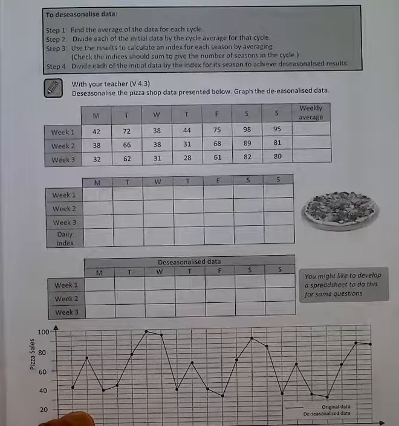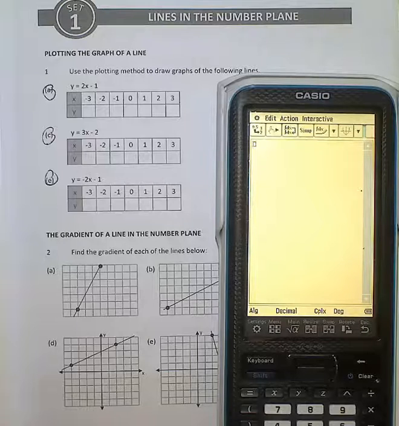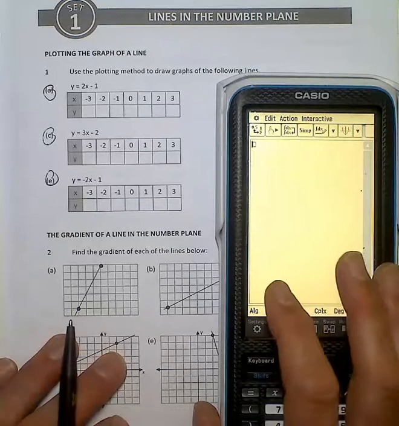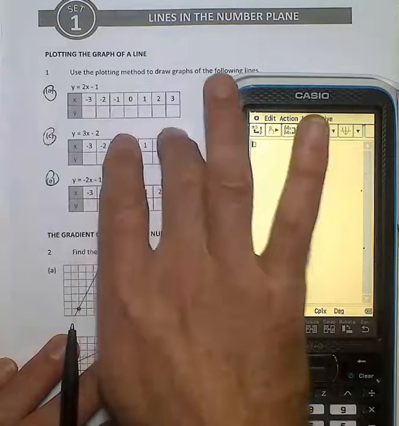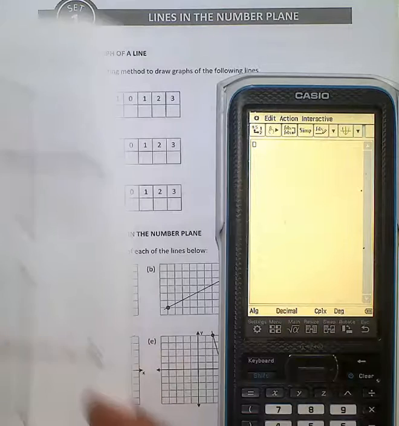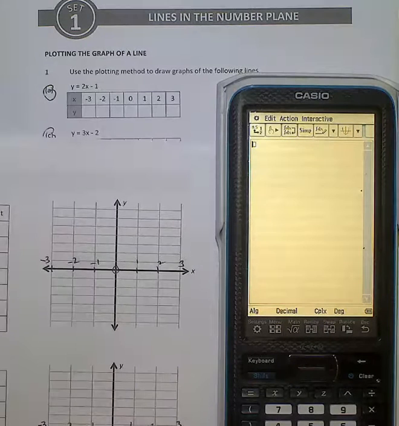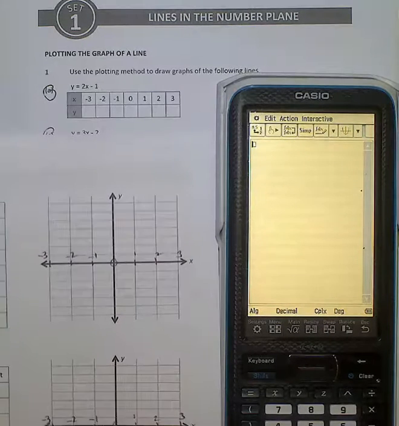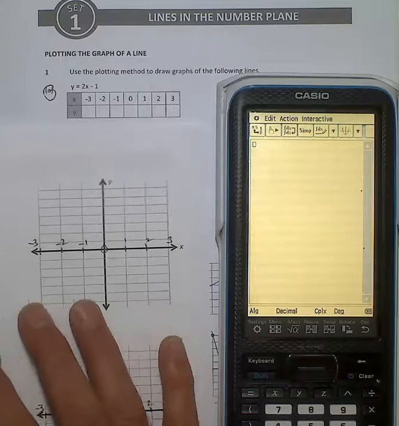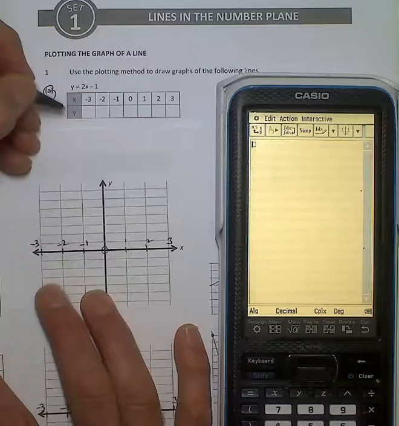Now, working through set number one, I'll take you through A, C, and E. Make sure you've got your calculator handy. You can write on the grids if you own the book, and then, of course, we'll transfer that information through to a graph. What you'll notice as we're doing these problems is that there is a sequence that will soon